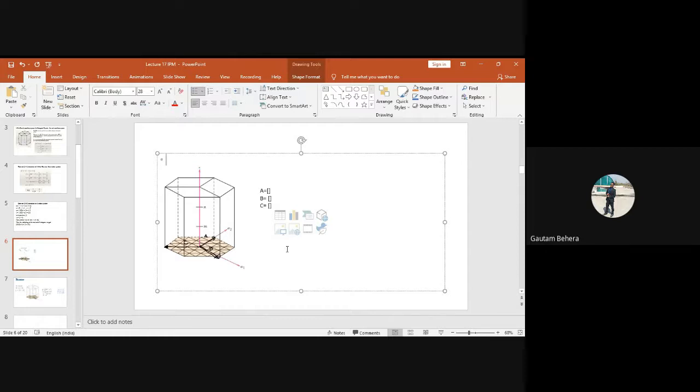So now the question is, what will be the A, what will be the B, and what will be the C? So I'm representing this one as B, this one is A, and this one is C. So I need to find out A, B, C, and this is in form of three coordinate system only. Then finally, we will convert that into four coordinate system. So what is A, what is B, and what is C? So these are kind of directions, right? You understood? This A is one direction, B is one direction, and C is one direction.